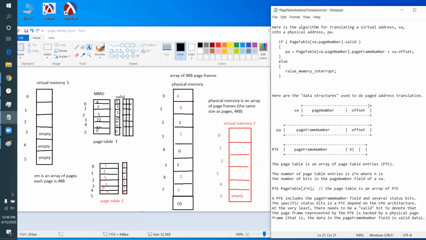Now, one thing that's interesting is that the page number is the index into the page table. So the size of the page table is the number of pages in virtual memory. Every page in virtual memory has a page table entry. Now, if you do a little bit of arithmetic, you see that the page table is really big because